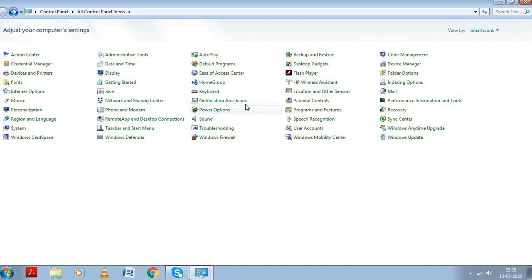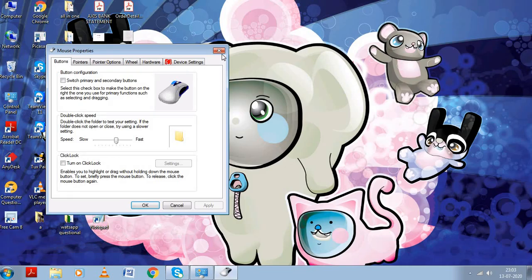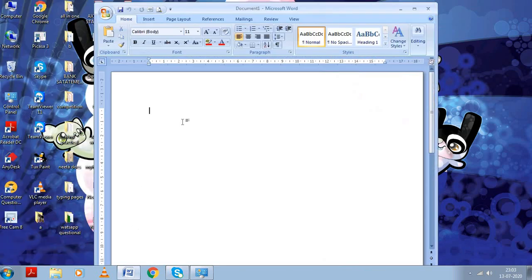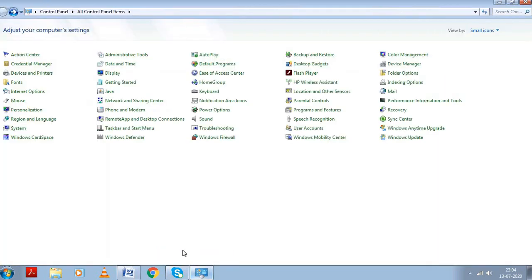And if you want to change the fonts, for example whatever you are typing when you start MS Word, or if you are exploring the help menu and you want to change the font, then you can also change it from the control panel. You can see here fonts are given.